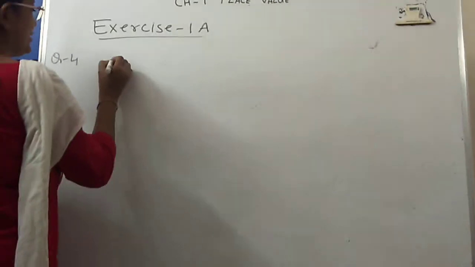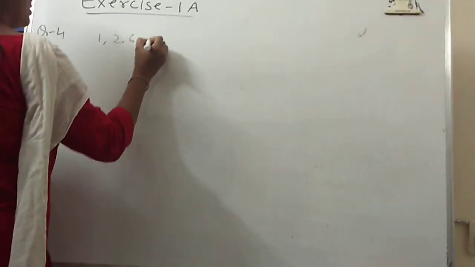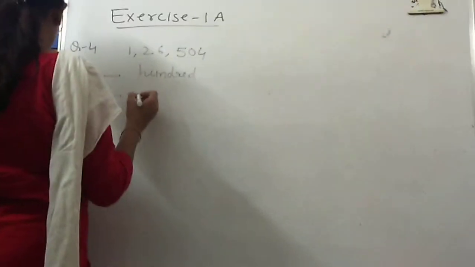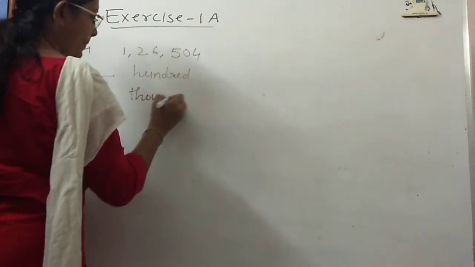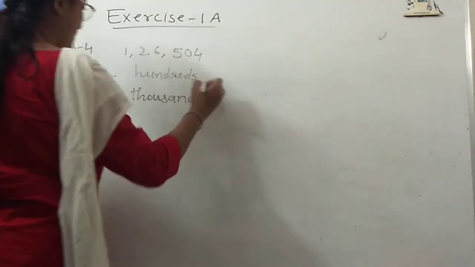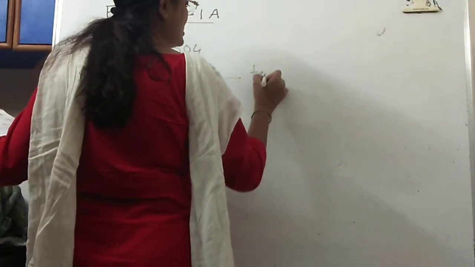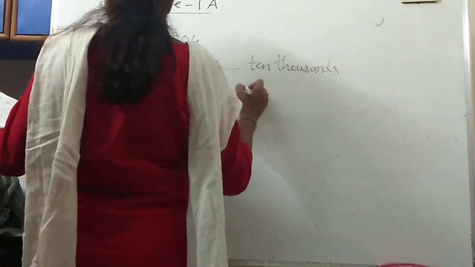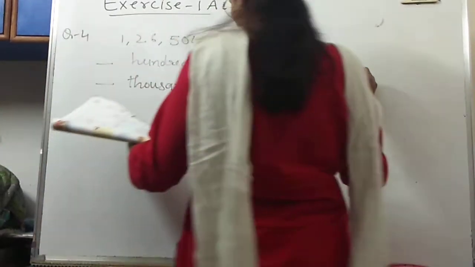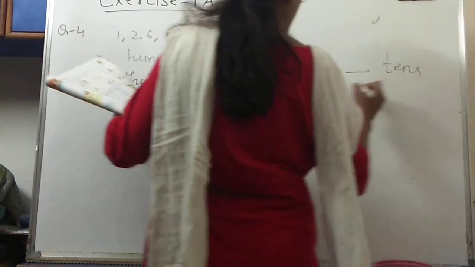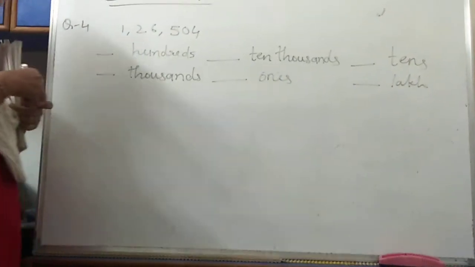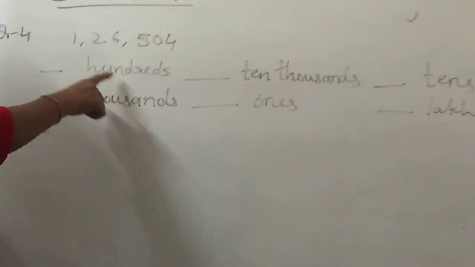One number is given to you, that is 1,26,504. It has blank hundreds, blank thousands, blank 10,000s, blank ones, blank tens, blank lakh. Right? Now what you will do here, first of all you have to see what is at 100